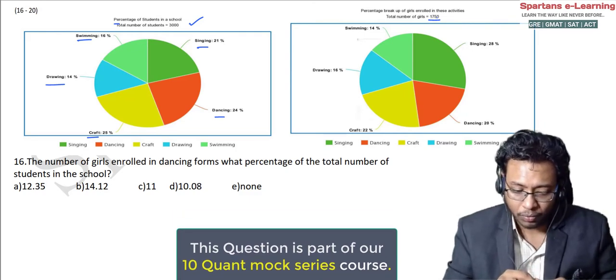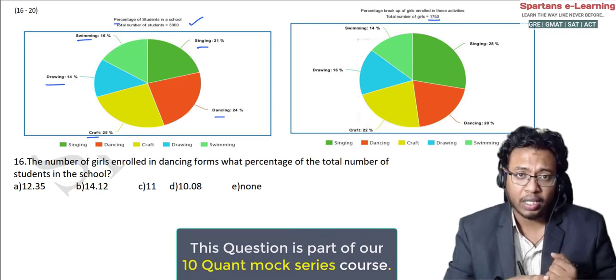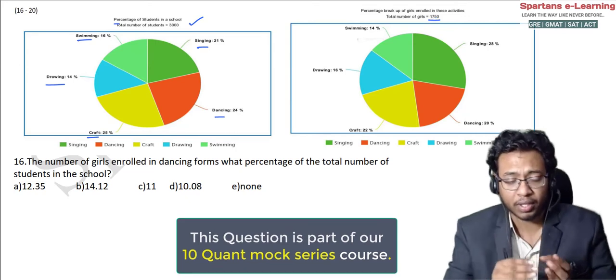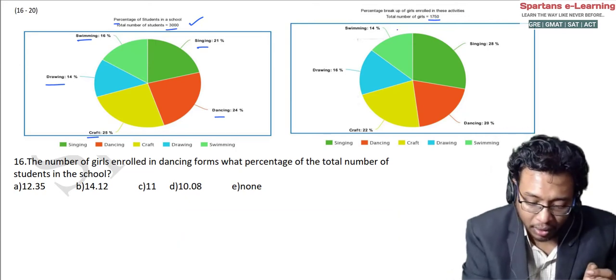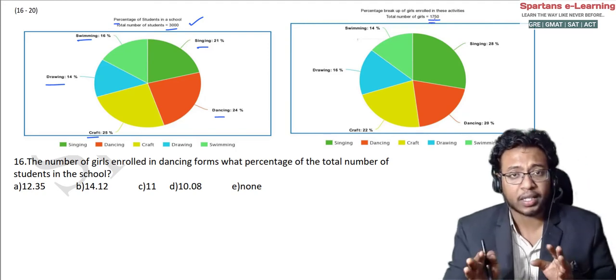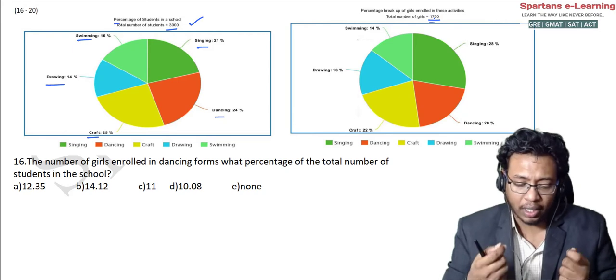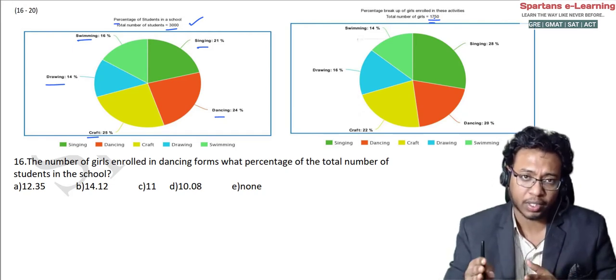Now you can solve this in three ways. The first method is the traditional, lengthy way: understanding the question and writing the exact formula for it. The second way is you can use ratios. You see here 3000, 1750, so you can take the ratios as well. The third way is some shortcuts which I am going to tell now. The third way will be the shortest way.